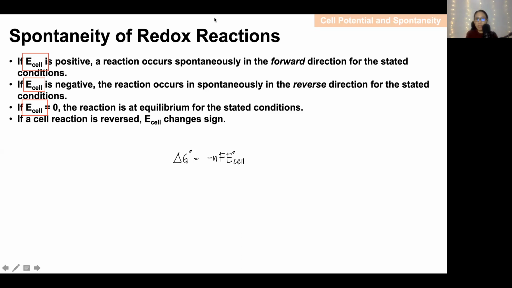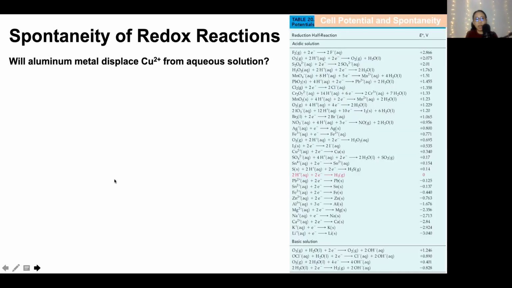If you have gases in the reaction, then the pressure of the gas is not 1 atmosphere. If you have aqueous ions, then the concentration is not 1 molar. So just remember, class, your parameter is cell potential, not just standard cell potential. It must be cell potential. Okay, so for example, class,